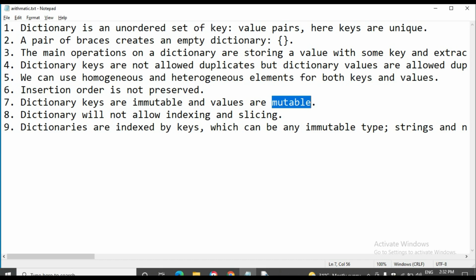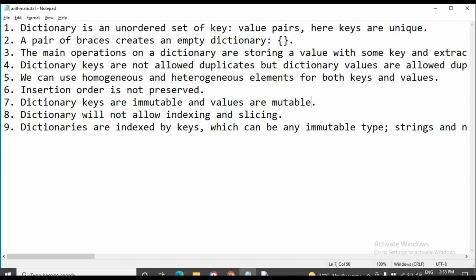But the values should be mutable. That means we can take the values in the form of a list. Other than lists, we can't take any other object format like integers, strings or tuples. So we can take the values in the form of a list, but we can't take a list as a key, because keys are immutable objects and the values are mutable objects.